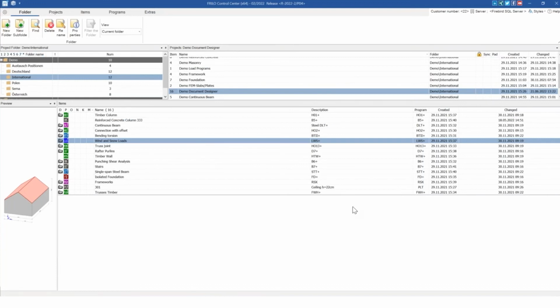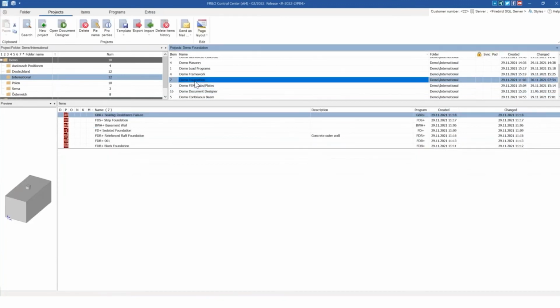So the project management area looks like this. In the left corner, you have a section with different folders. You can create any number of folders and subfolders. You can make this like a tree structure here, set up according to your needs. And then in each folder, you can create any number of projects. So you see in the folder International, I have different projects, for example, framework, foundation related, demo project, or document